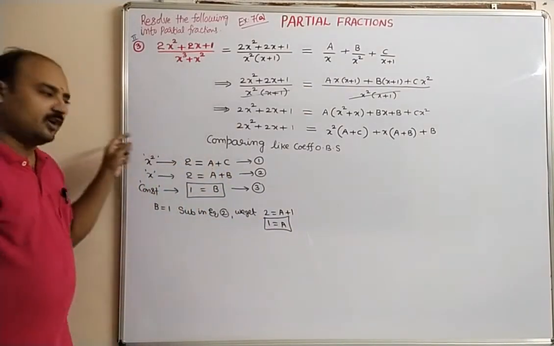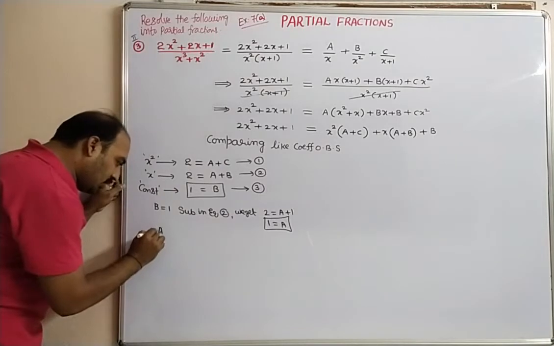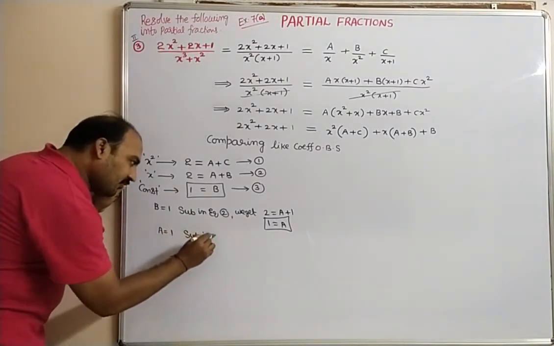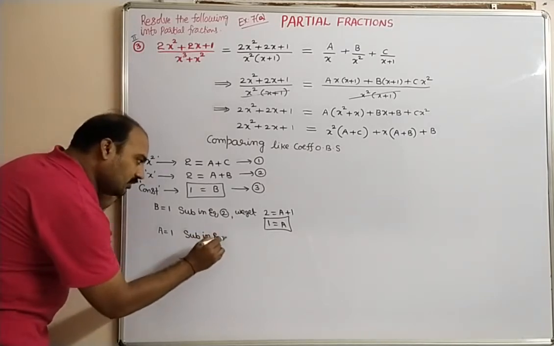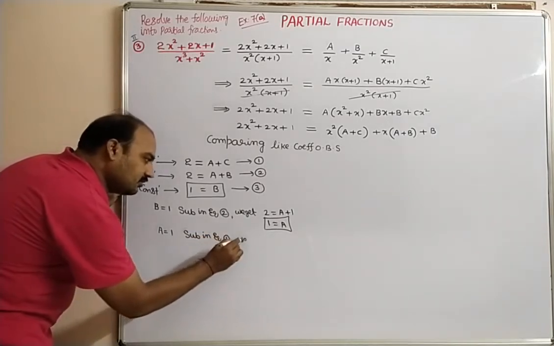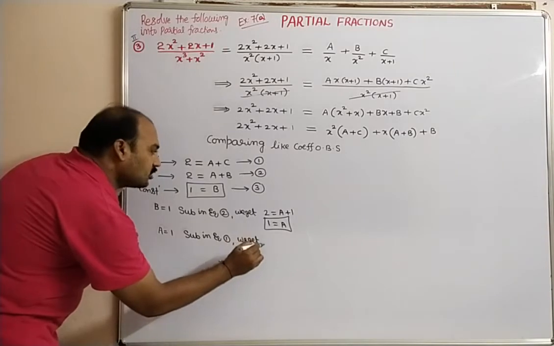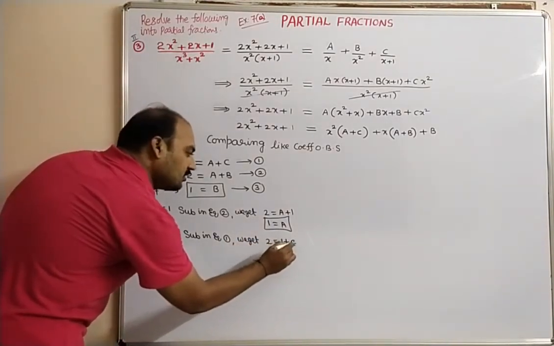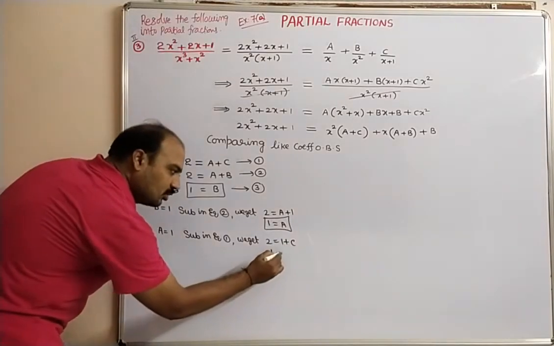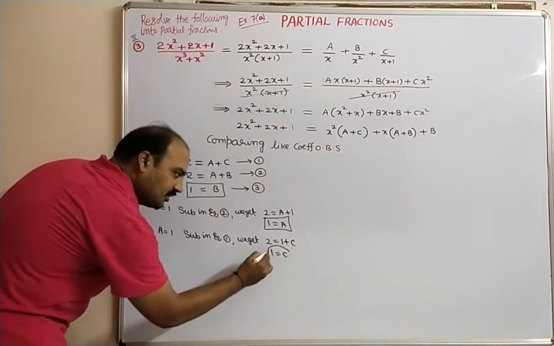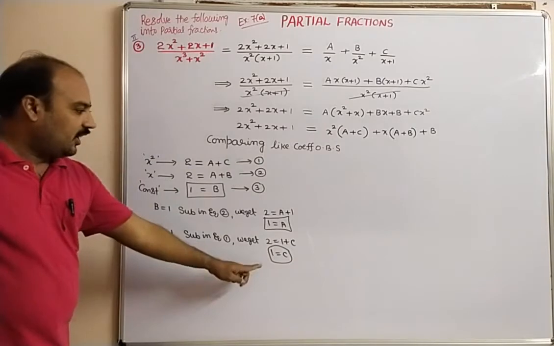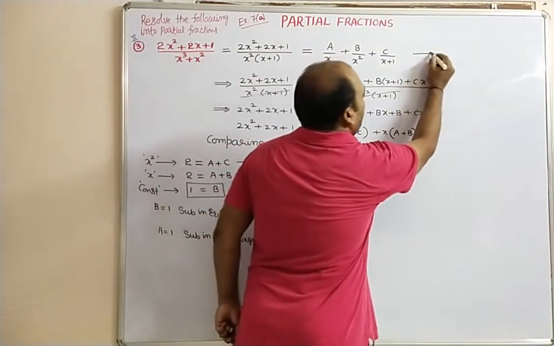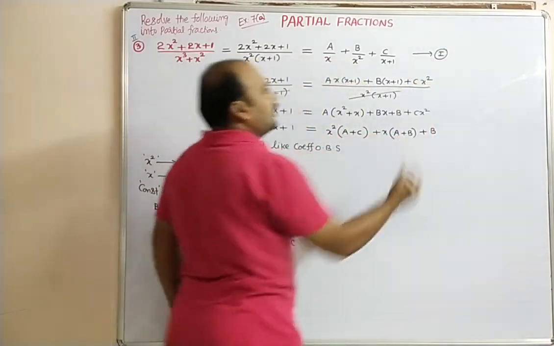Substitute a equal to 1 in equation 1. We get 2 equal to 1 plus c. So 1 we can take to this side, 2 minus 1 is 1, so 1 is equal to c. Now the a, b, c values we substitute in capital 1, this is capital 1, always you can keep that.